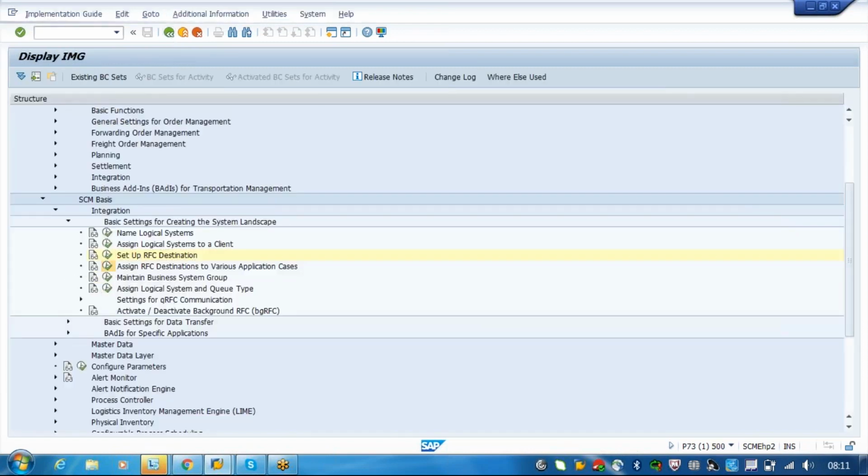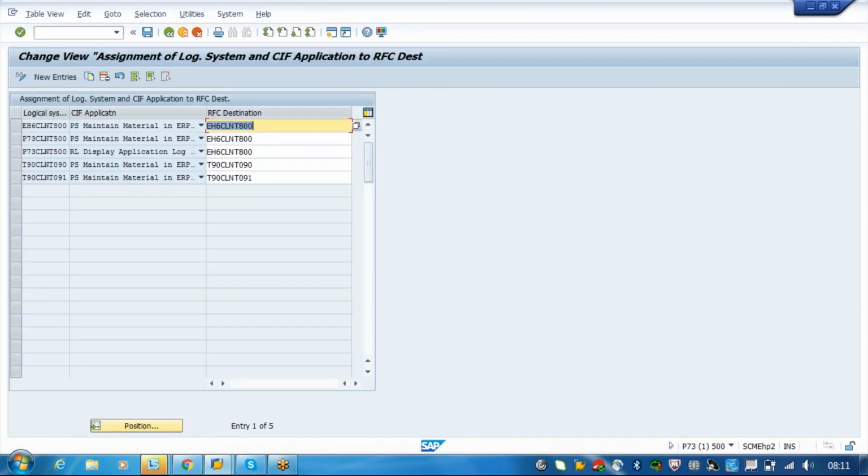So, assign RFC destination to various application cases. As I said yesterday, one TM server can be assigned to multiple feeder systems. For example, you have a test system and a quality system as one TM, but you are having multiple feeder systems. In all such cases, you can connect multiple feeder systems to one TM system, one destination. That is how you are doing it here.